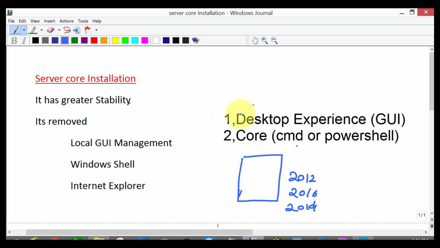If we select the desktop experience option, then we can graphically manage everything like this. Now we are using the mouse and we can see everything. Likewise, we can configure everything in Windows Server 2016 or 2019, any of these. If we select the core option to install Windows Server, then we should configure and do all other setups with the